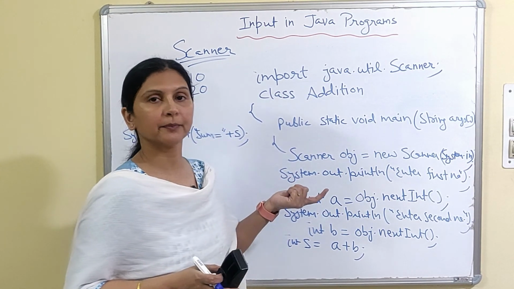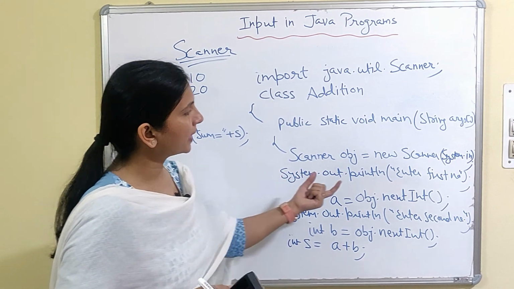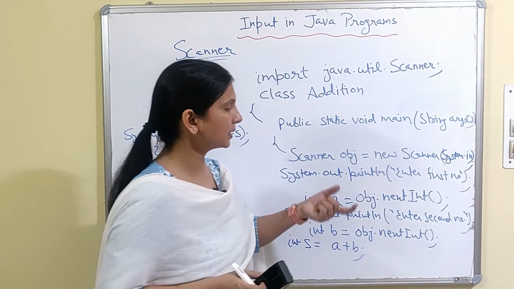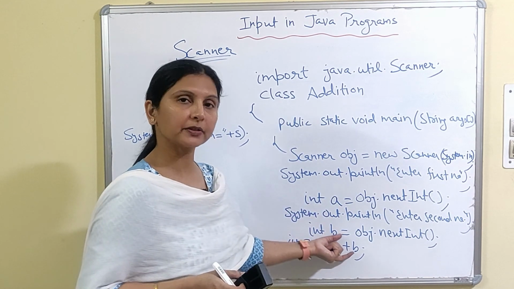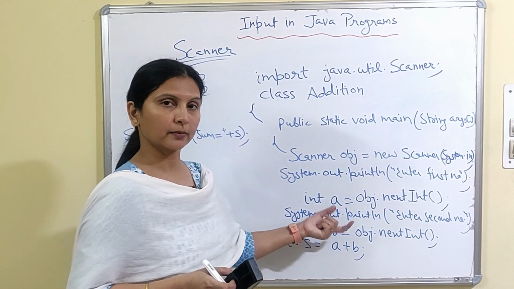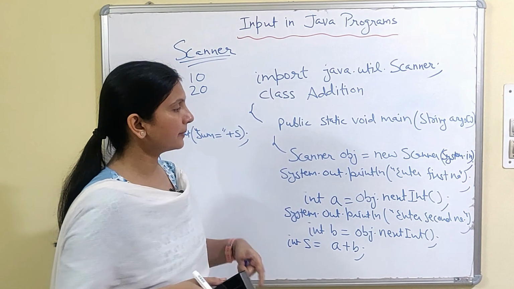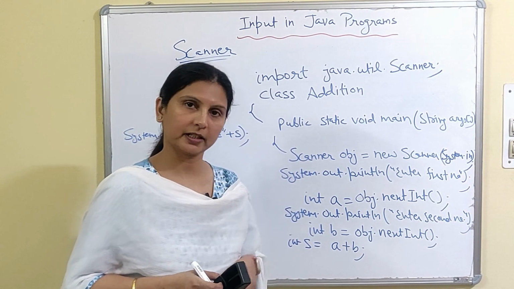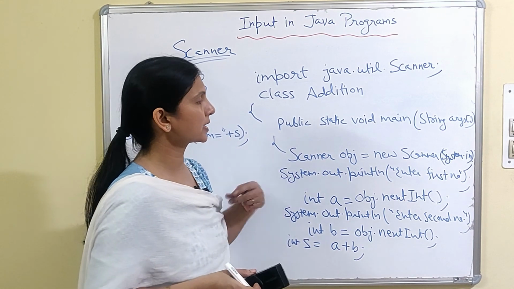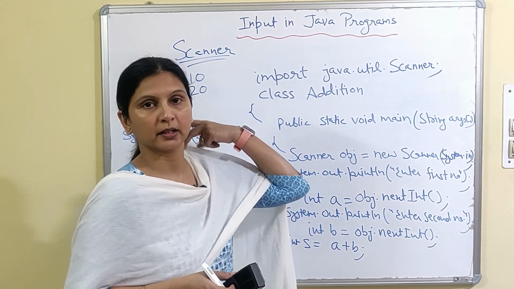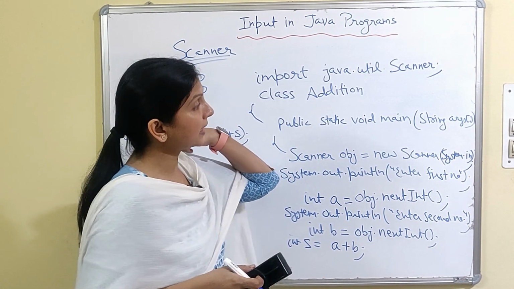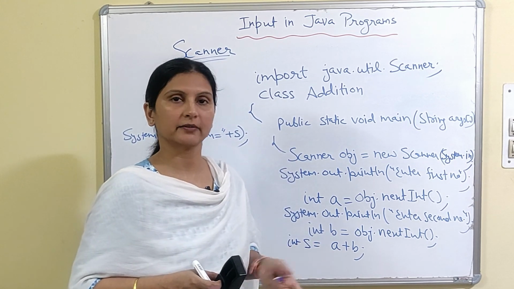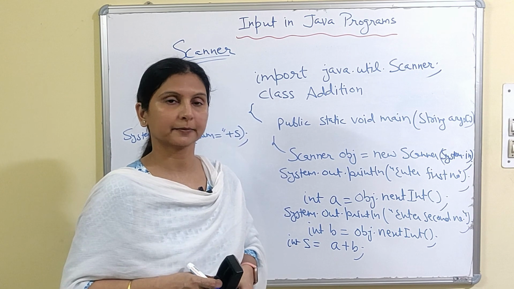And again when you execute this program, if you enter 40 as the first number and 50 as the second number, then it will show you 40 plus 50, 90. So you can run this program with different values. Whenever you run the program, you can execute it with a different value. The values will not be fixed, unlike when you assign the value in the code. In that case, the value will be fixed, isn't it?